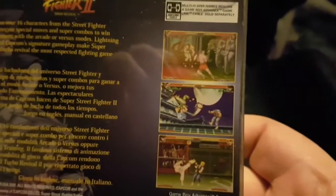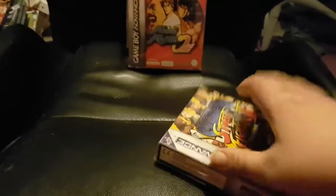So, like I say, it looks pretty cool. The graphics certainly don't look very lacking, do they? I've had a little go on this, but nothing major. But certainly worth getting. Right, the next one is